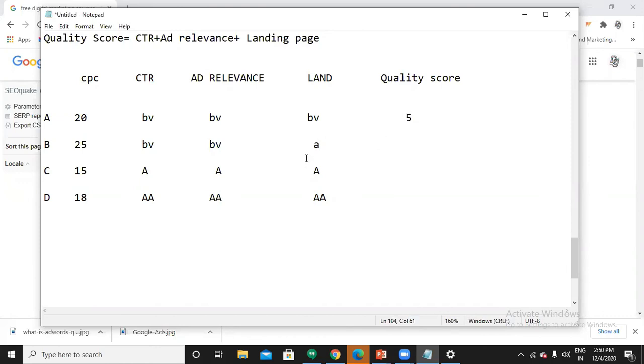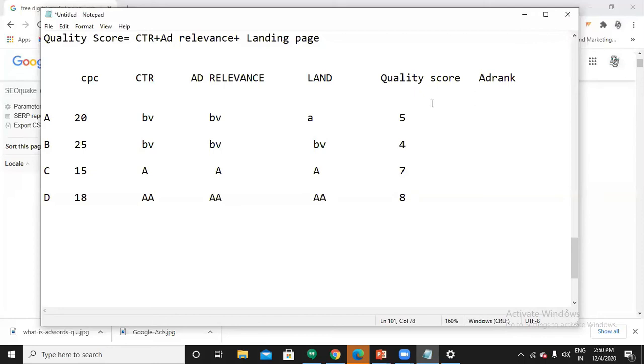This person got a good, high CPC, right? I'll go with 5 because he has a good one. Okay, I'll just go with a 4 now. And this C advertiser got a quality score like 7. Let me say this guy has something like 8. So now see bidding, CTR, ad relevance, landing page. Based on these 3 factors, these advertisers got some quality score. Now tell me the ad rank.